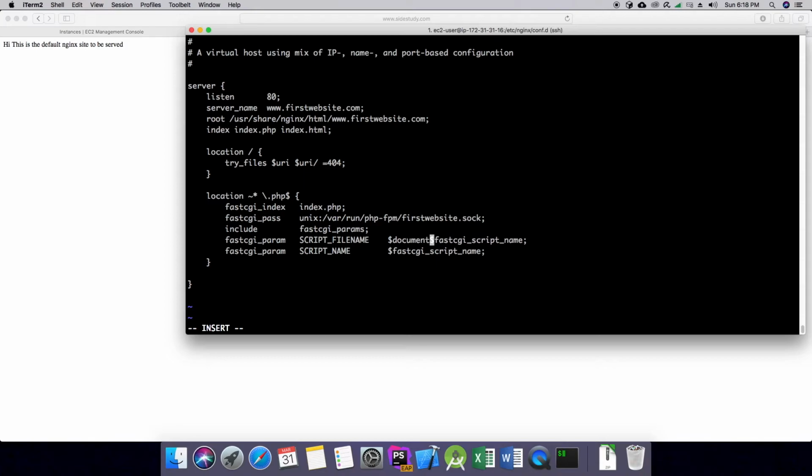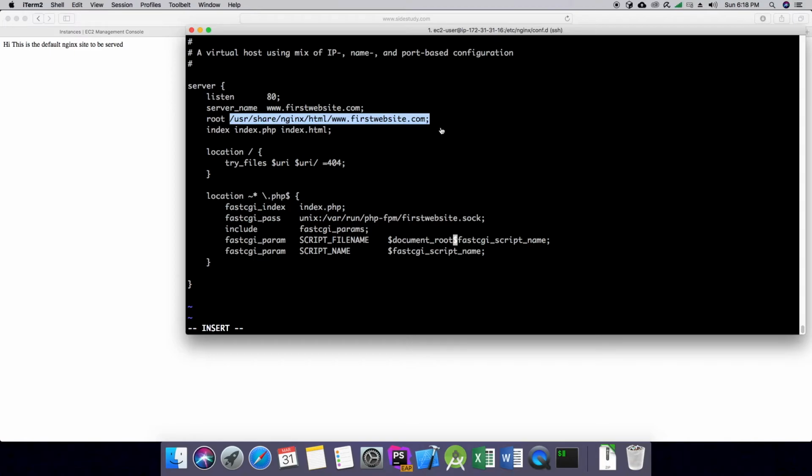This is a variable for Nginx which is used to locate a file in the document root specified here. But we will not follow this because we have already specified the document root in our pool file, first